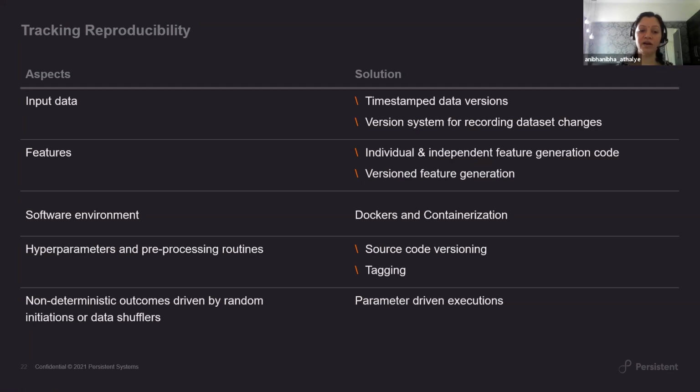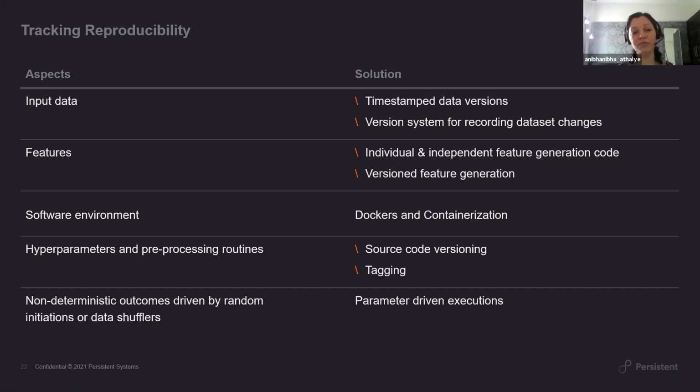I covered a very simple demo. This can get a lot more complicated as you move forward. Like I said, you can have tracking of multiple things, right from the input data.